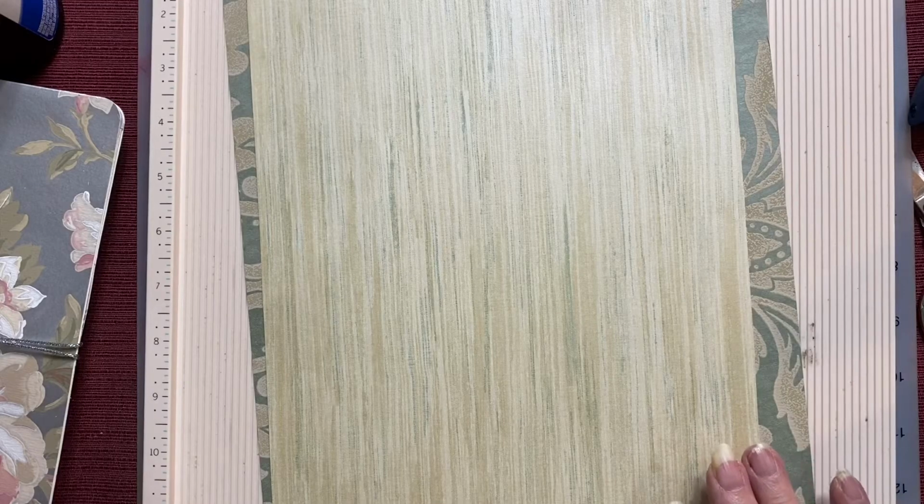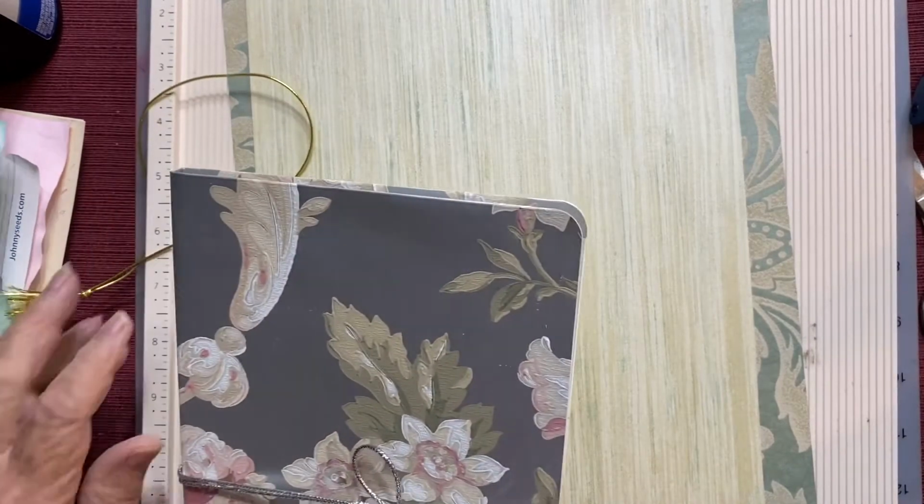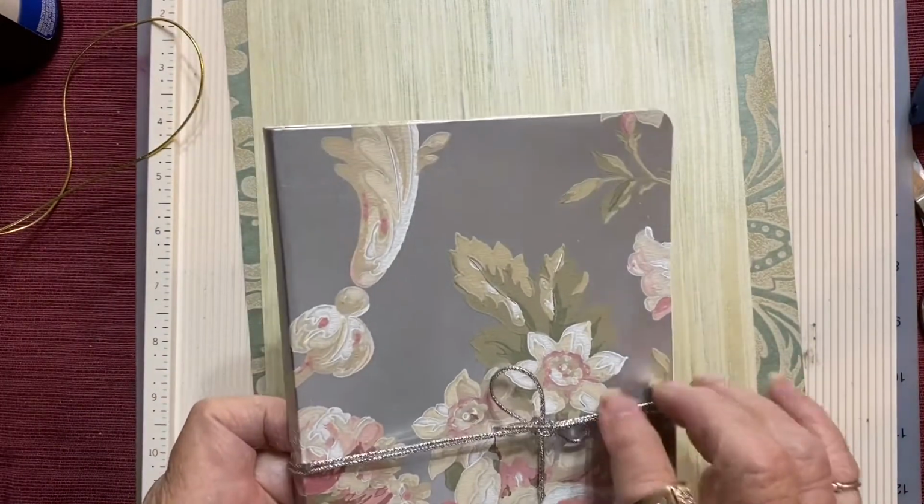Hi, this is Vicki Romaine with Cheerful Greetings, and today we're going to make one of the easiest junk journal covers you could possibly make. And this is what one looks like. I have it